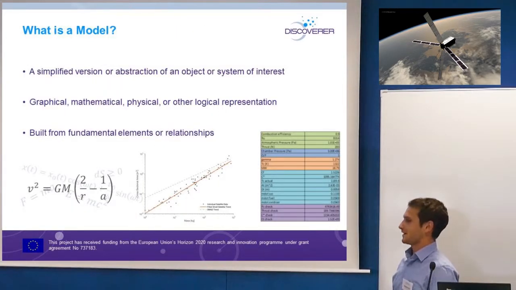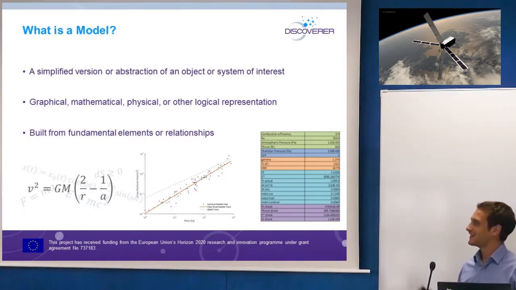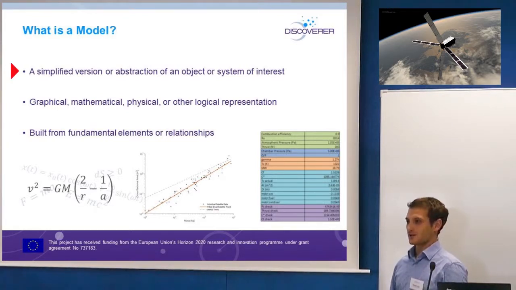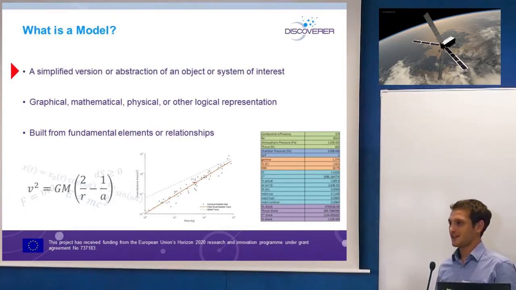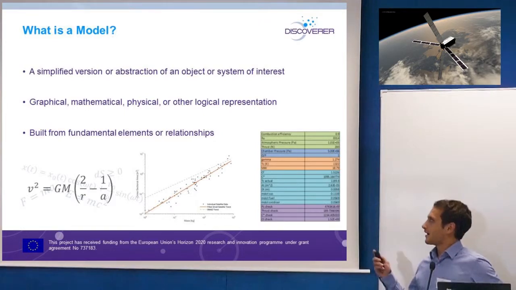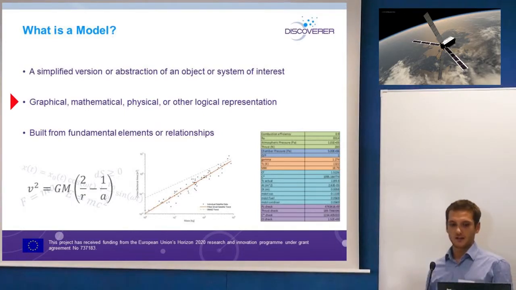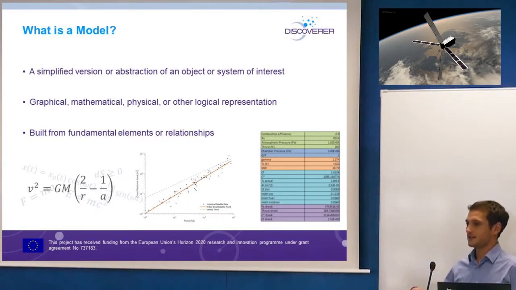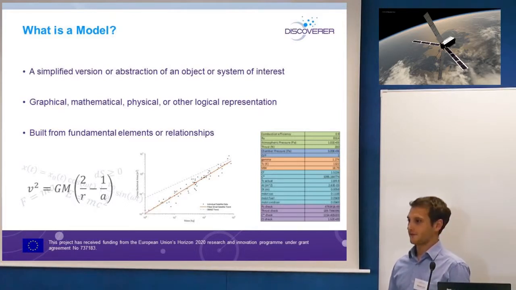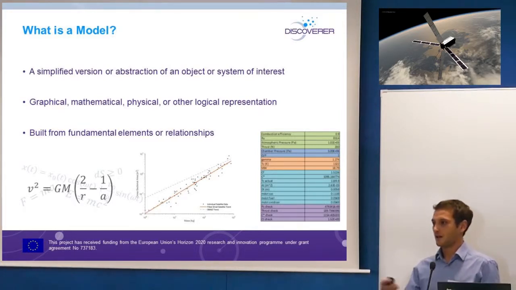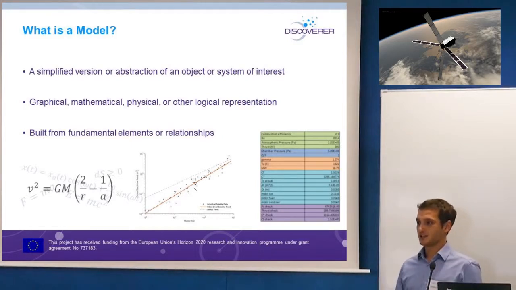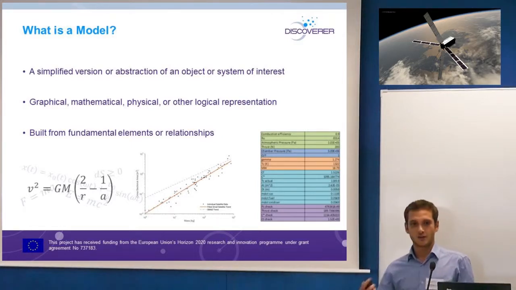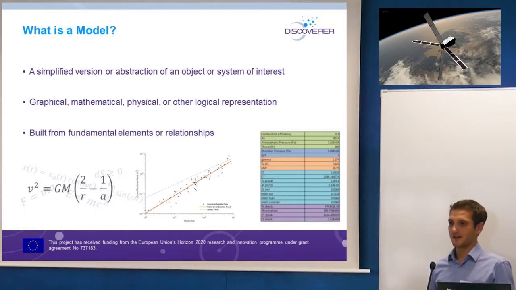So, moving on to the next level down, what is a model? In our modeling, we want to basically simplify or abstract our system or an object to a fundamental level. And we can do that possibly graphically, we could do it mathematically with equations, we could do it heuristically using data or information from, for example, past missions or drawing relationships between certain variables. We can do it with spreadsheets, or we can do it with more complicated programming, MATLAB, Python, C, or we